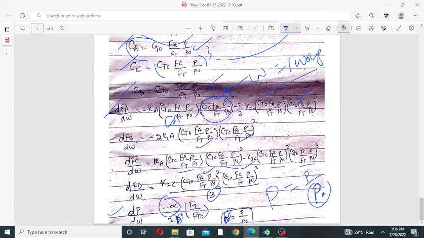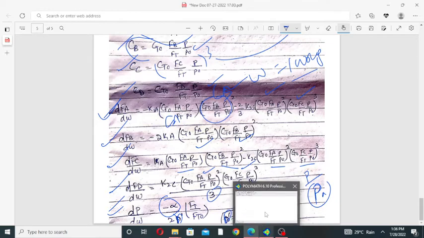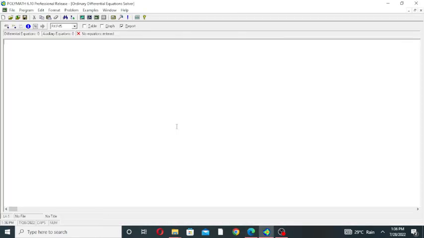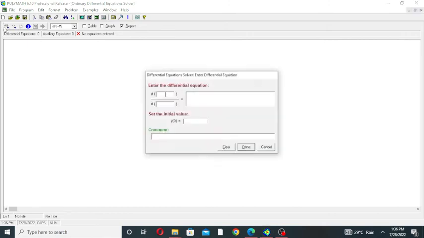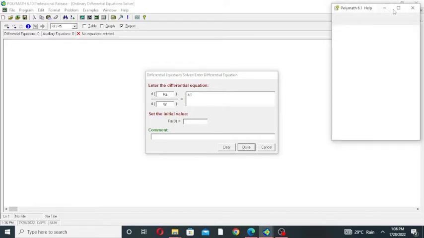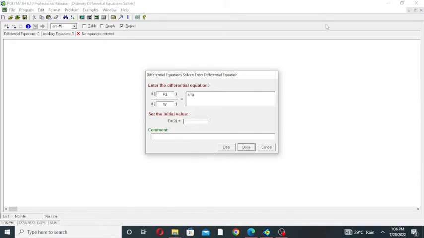So now we are going to plot these equations in POLYMATH. So we will go to POLYMATH. We will open POLYMATH. So this is POLYMATH. We will put the first differential equation. The first differential equation is dFA divided by dW, which is equal to minus K1A into CT naught